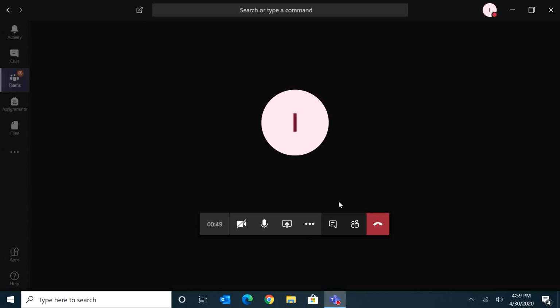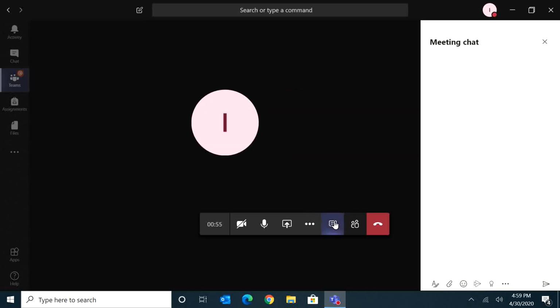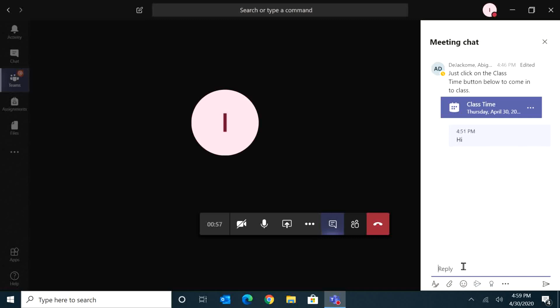And then the other thing I can do is on this little speech bubble, if I click it, I can talk to somebody. I can say something that I need to say. So maybe my teacher asked me a question. She asked me, what's 5 times 4? I want everybody to reply in the chat with the answer. So I can just write 20 and press enter,